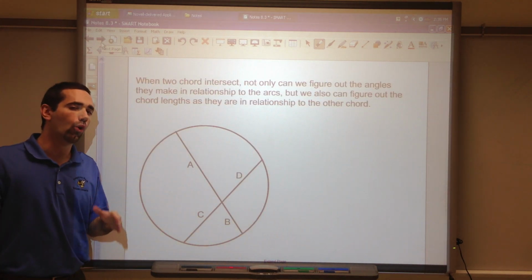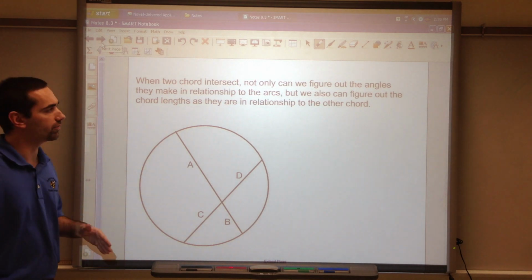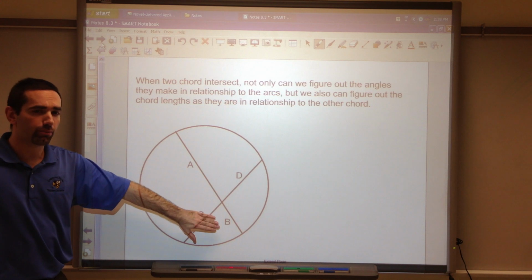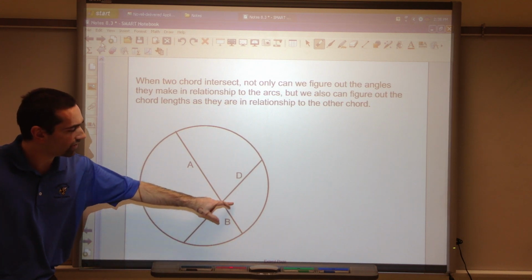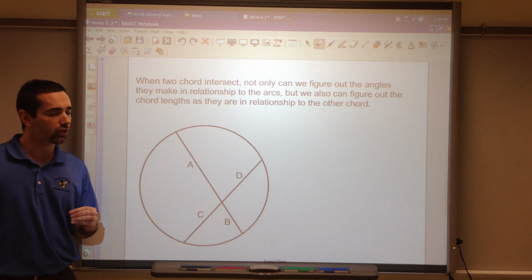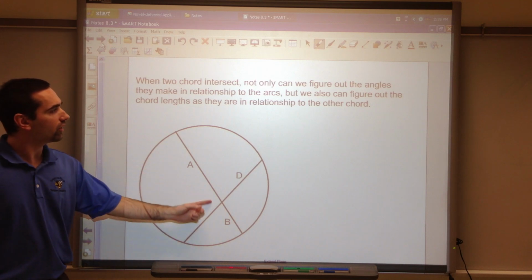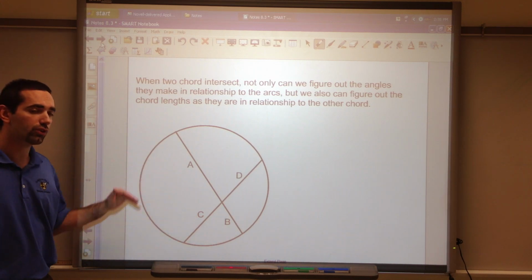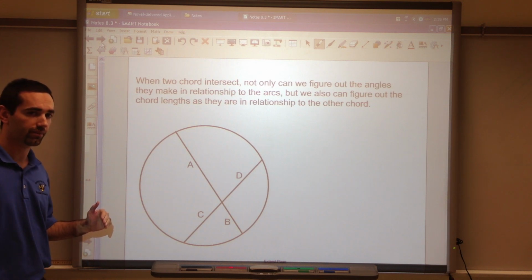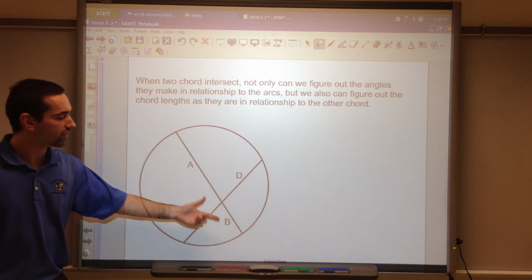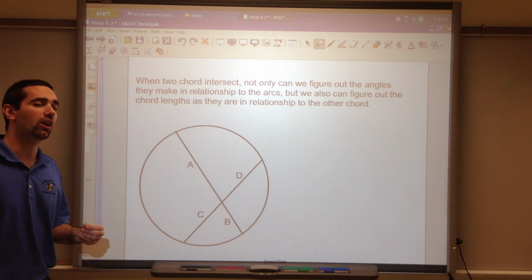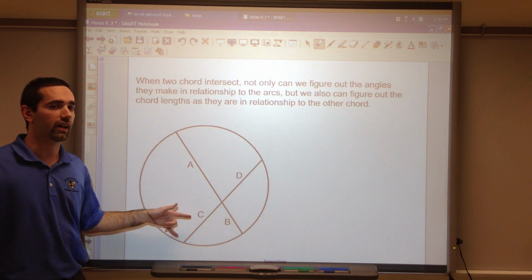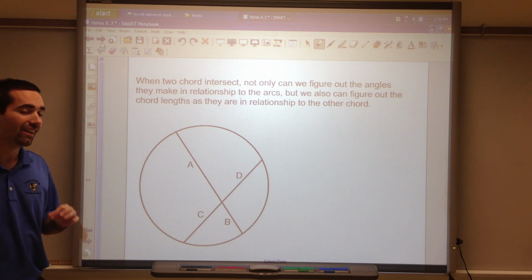Now, when two chords intersect each other, not only can we figure out the angles like we did previously, we also can figure out their lengths. There is a unique relationship that exists when two chords intersect each other. The lengths of each chord, when multiplied by each other, equal the other lengths of the chord multiplied. In other words,